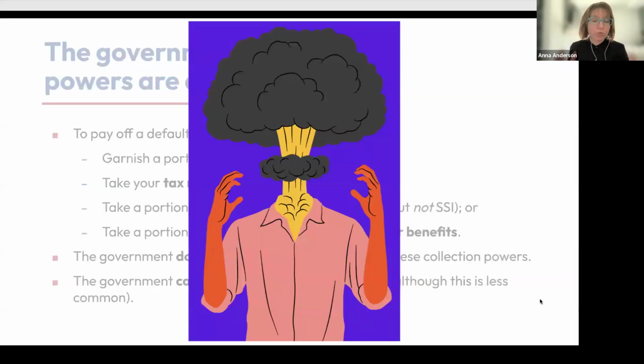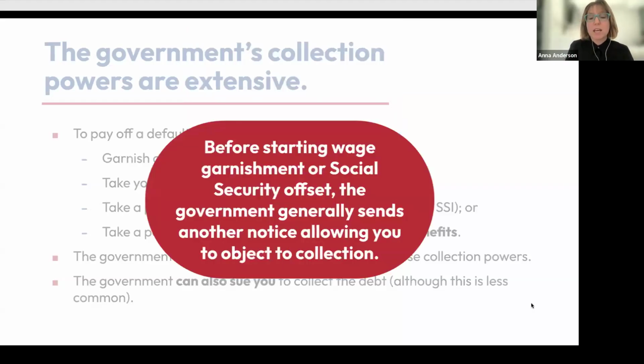So this is really, I think, mind-blowing for some people, that they are not aware that Social Security benefits could be taken, that your tax refunds could be taken, and that's because those are usually protected for other types of debt. This is something specific to government debt, and if you owe a debt to the government, they will collect from you in a lot of different ways.